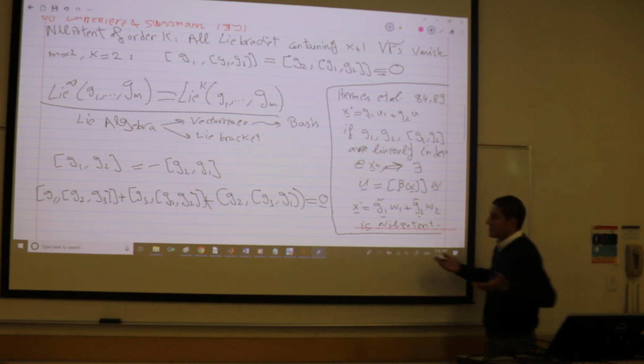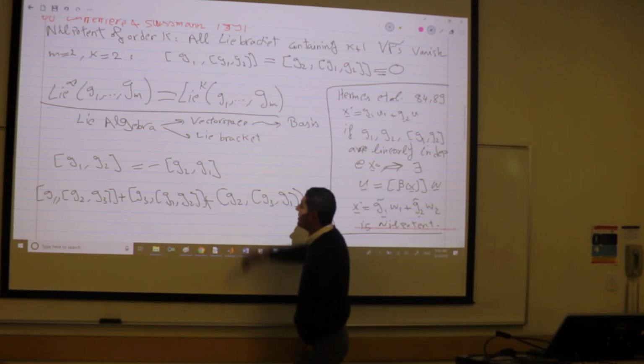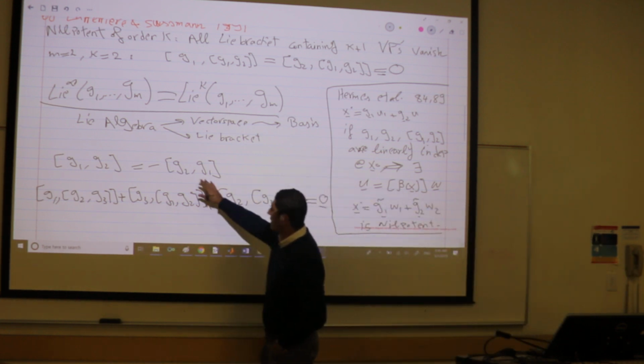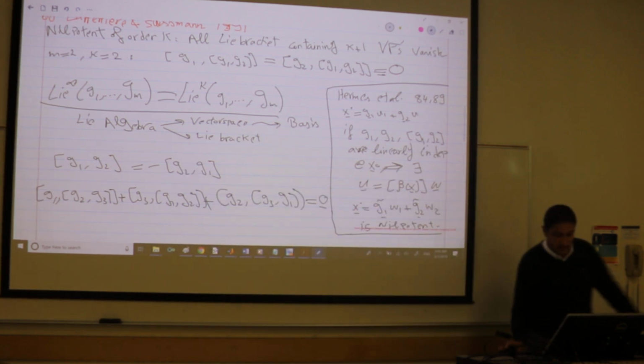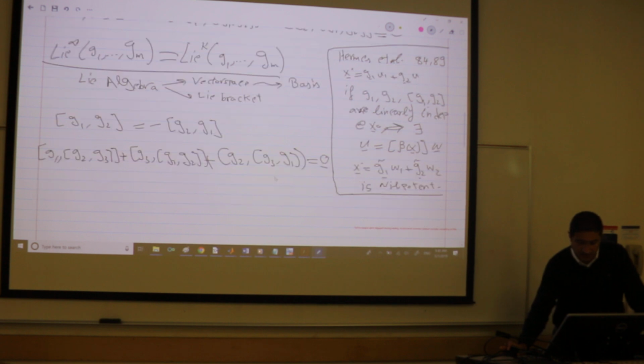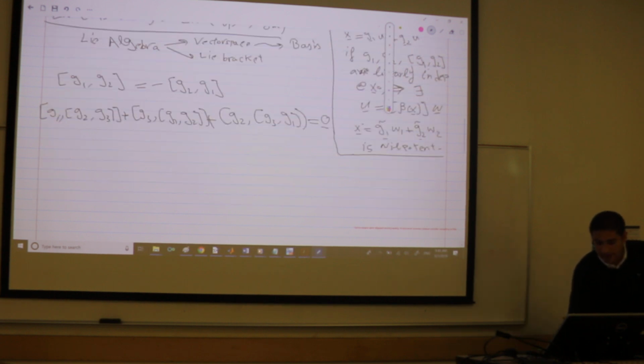So in my basis, because a basis by definition has to be linearly independent, I must exclude the things that are linearly dependent on the others. And one way of doing that for Lie brackets, irrespective of the vector fields, is called the P. Hall basis. So this is the basis of the Lie algebra,